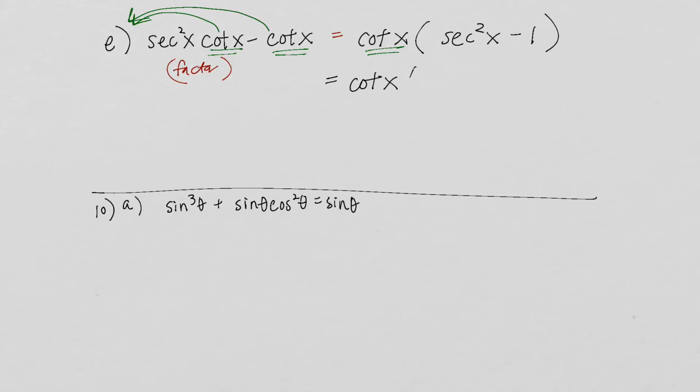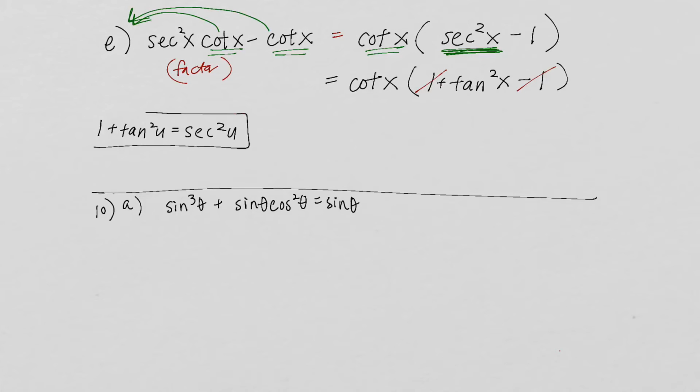It's kind of up to you how you want to think about that. The identity is that 1 plus tangent squared of any angle is the secant squared of the angle. So you could either just take this secant squared and replace it with 1 plus tangent squared. That's one way to do it. And then the ones could cancel, right? Or the other way you could have done it is you could just take this identity right here and subtract 1 from both sides of it to get another identity, which is that the secant squared of u minus 1 is equal to tangent squared. So that's another way you could have done it. But either way, you end up with cotangent of x times tangent squared of x,